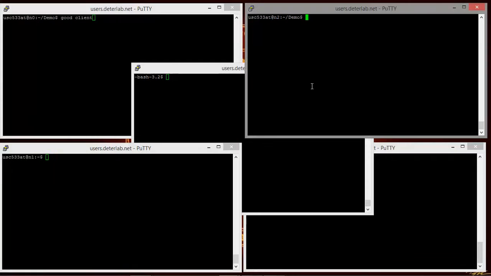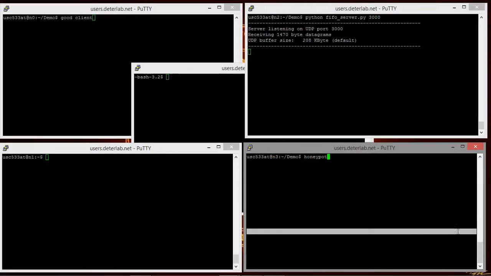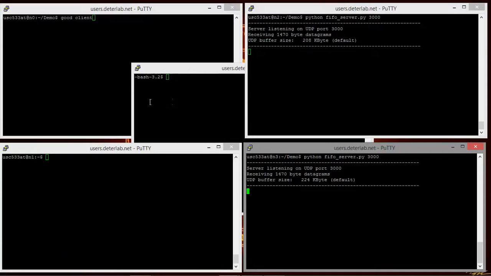Now we'll make a server on this port, with some port 3000, and as our honeypot is also a server, we'll make a server over here too with the same port, or we can give another port also, that's fine.